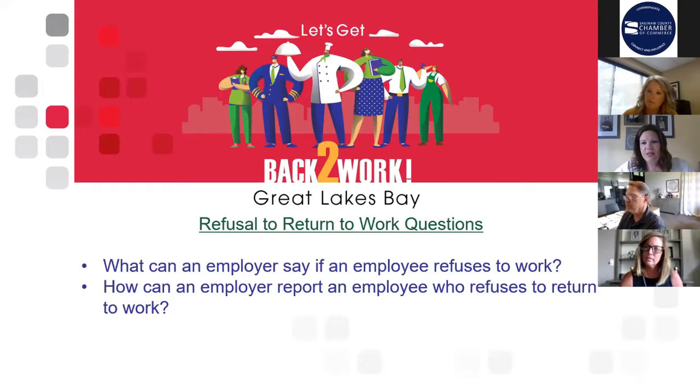So, really read your CARES Act to ensure that this person who's saying they can't come back to work isn't just saying it to avoid coming. But if the employee doesn't have a qualifying reason, the employer can notify the unemployment agency. What they're going to need to do is let the UIA office know,